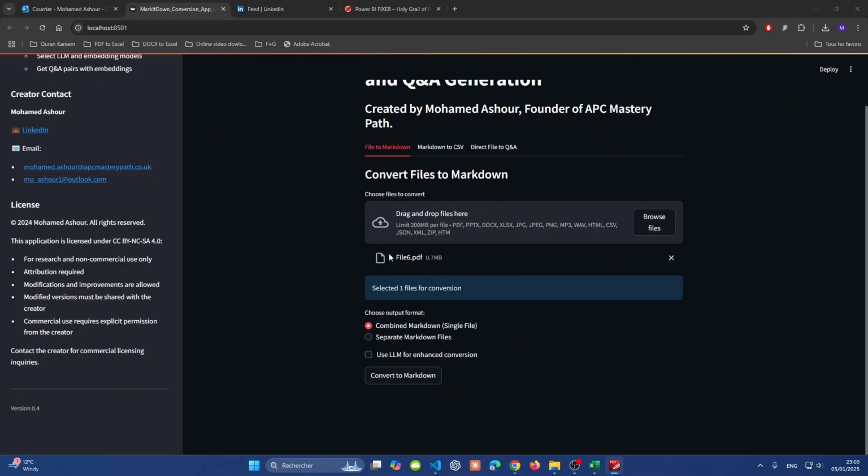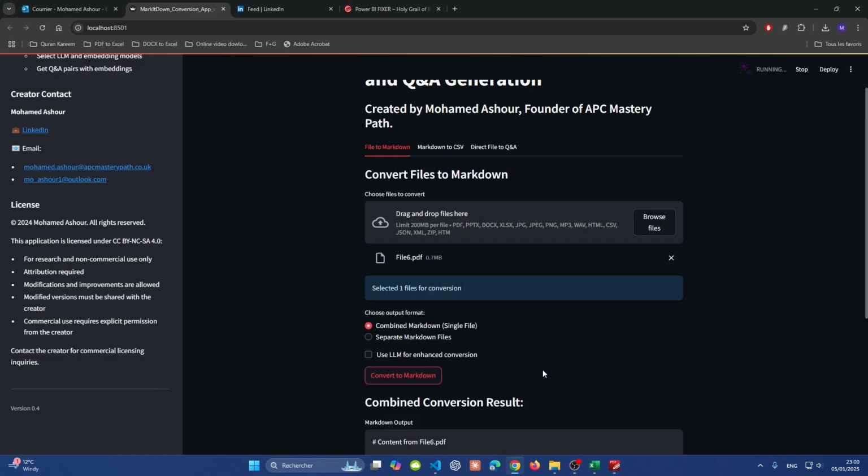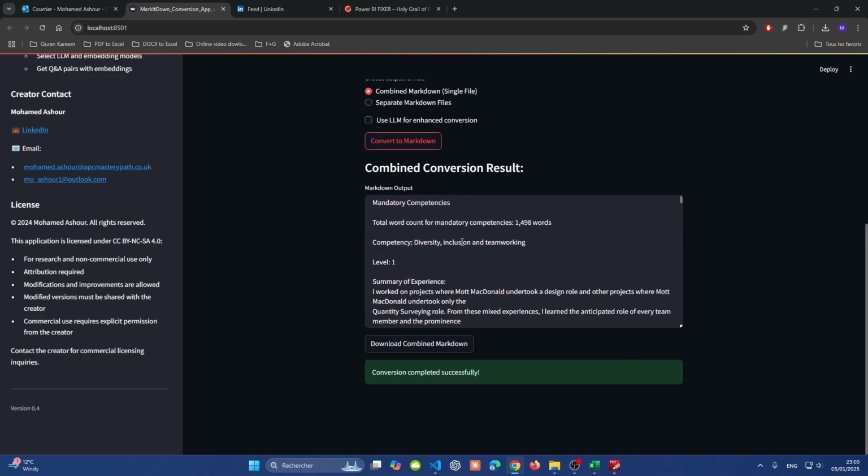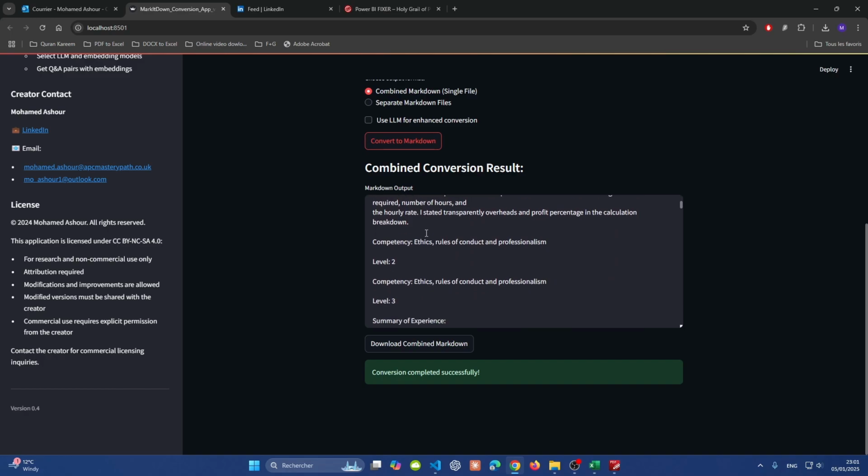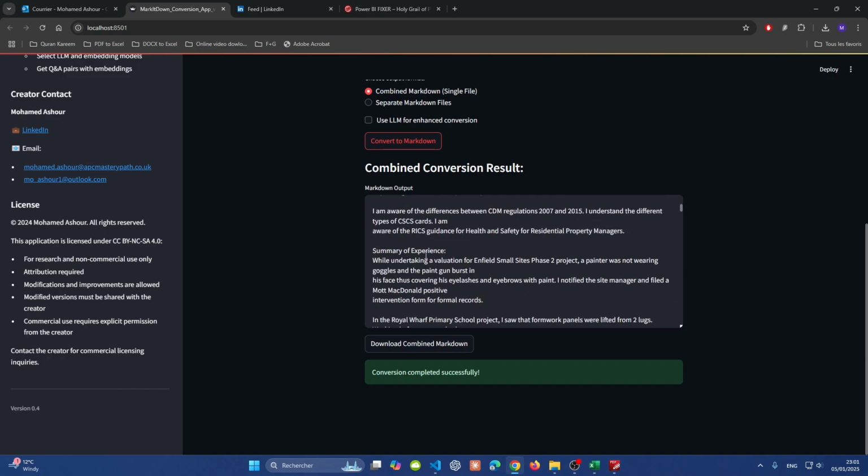It's one file, which is file6.pdf, and I want it to be converted into one Markdown file, a single file. And I don't want any large language model to be used for the conversion. I just want to rely only on the MarkItDown library. And then I press on convert to Markdown. It's going to take a little bit of time. It is instantaneous, and then you can see the amazing result that it has produced,